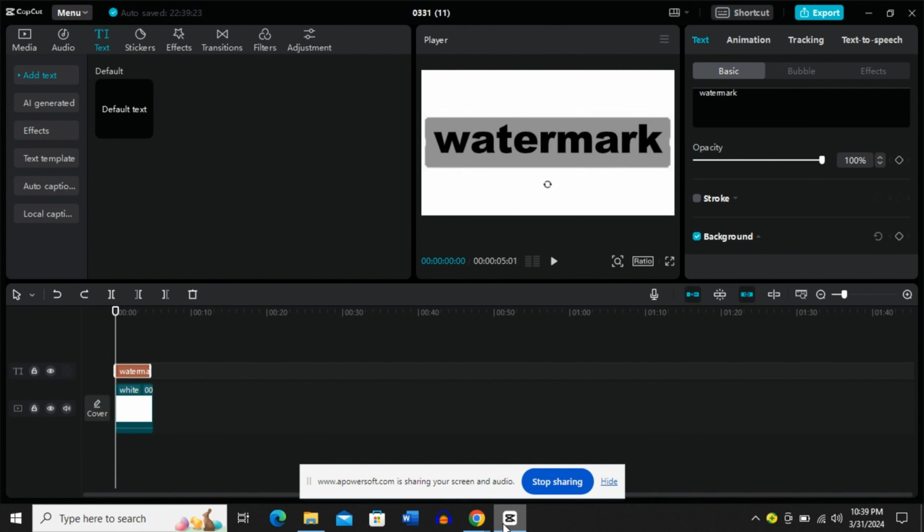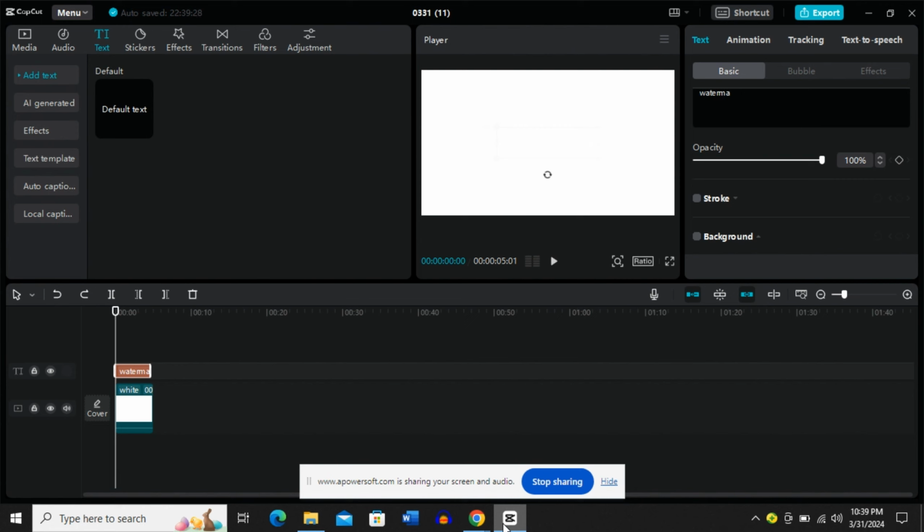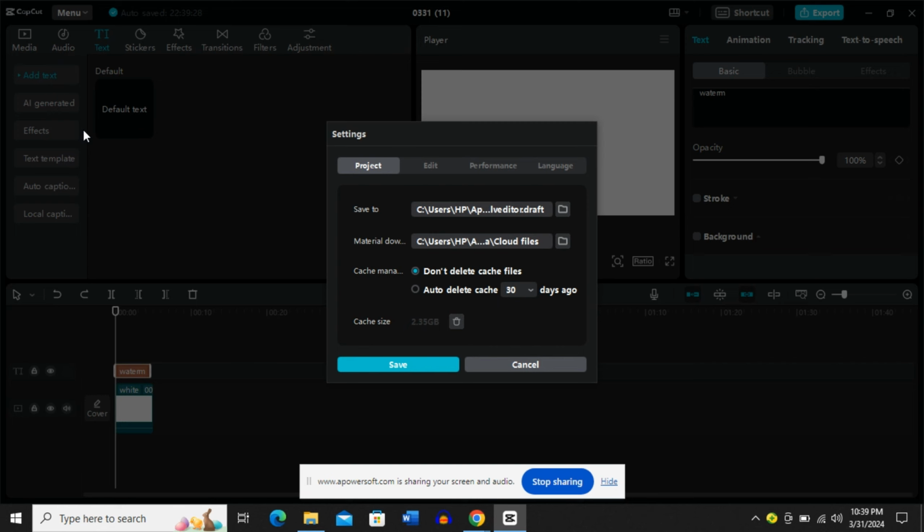So first of all, you have to come to your Capcut, and once you're on your Capcut app, what you have to do is go to this menu option on the top left corner, and in the menu section, once you click it, it's going to give you this drop down menu, and now choose the settings option over here, and it's going to give you this pop-up. In this pop-up, you have this project option, and in the project option, you simply have to clear this cache